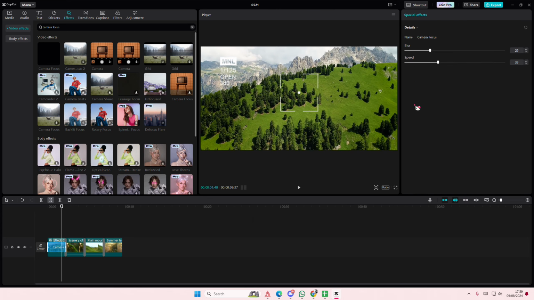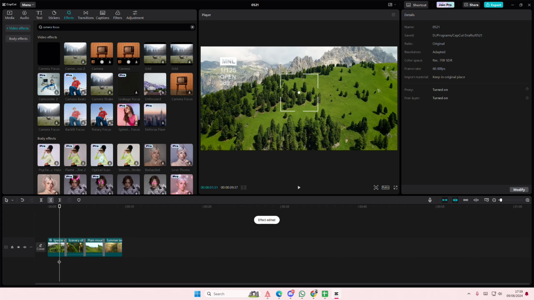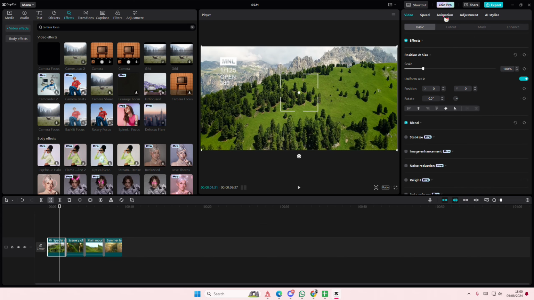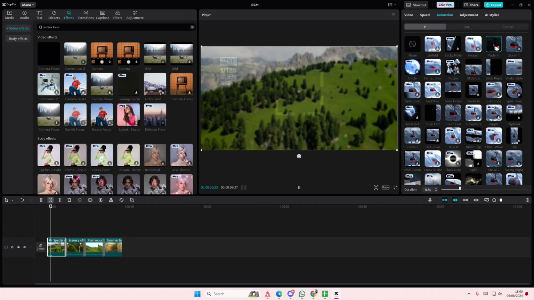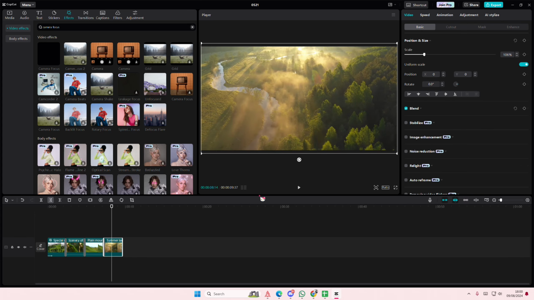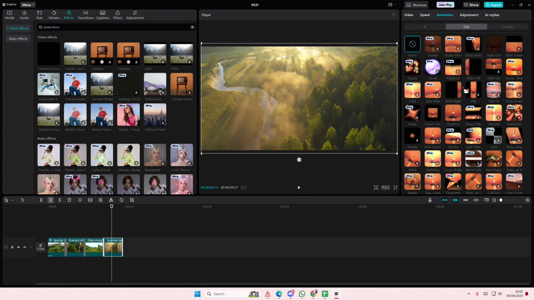Then I'm going to also add in the fade in animation to it. So just click the video, animation, in, and select the fade in. And then here we're going to go to animation and we're going to select out and we're going to select